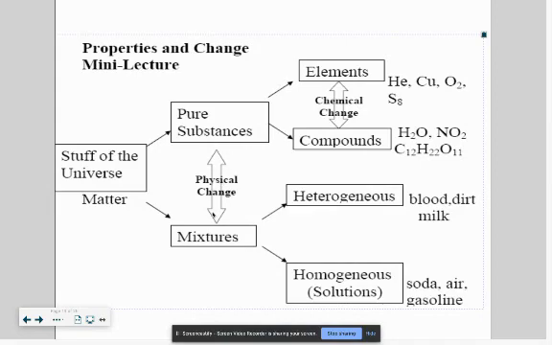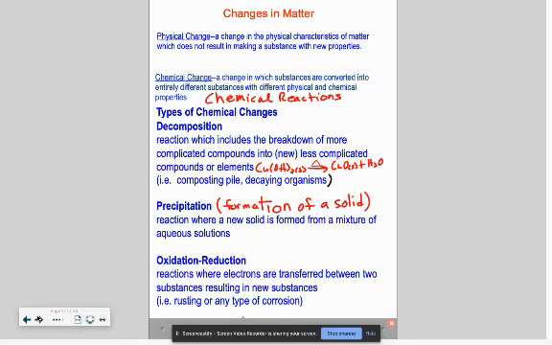So we can separate mixtures from pure substances by using a physical change. Right? So boiling point change, we can use, which makes use of physical properties. If we're talking elements and compounds, in order to go between elements and compounds, we have to undergo a chemical change. So we have to actually make and break some bonds. And so when we do that, we've talked about different types of chemical reactions,